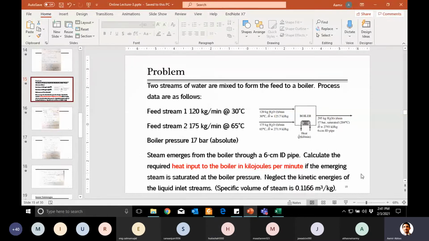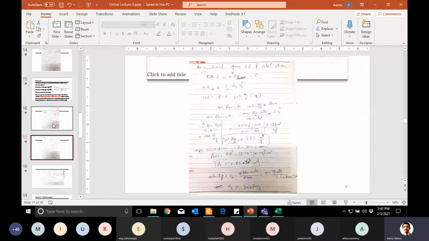Okay, the general value which you are talking about, actually the 1000. Suppose this value was not given, can I use 1000? I will say no. For the outlet stream, which we are using this 1166 for calculating specific volume, this is steam. For this, if you use the general value of water density, 1000, that will be wrong.